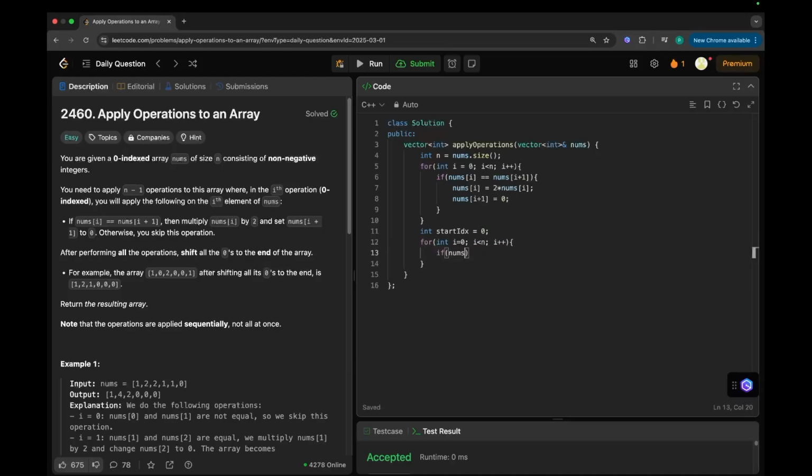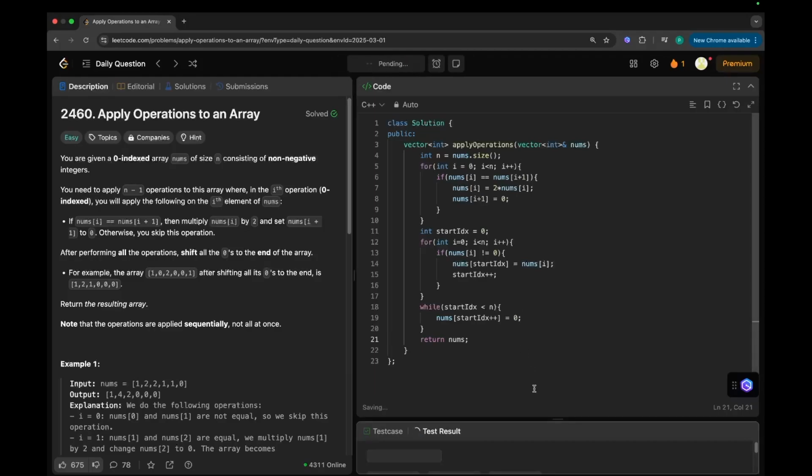If nums of I is not equal to 0, it means we need to update nums of start idx with nums of I, and we need to increment our start idx. By the end of this loop, we need to fill all the zeros in the back. So nums of start idx plus plus equals 0, and simply return nums.